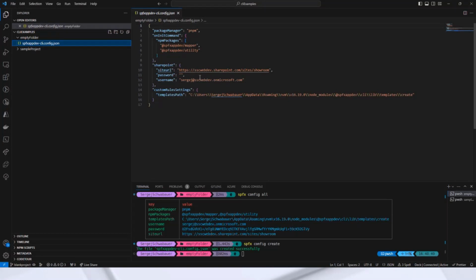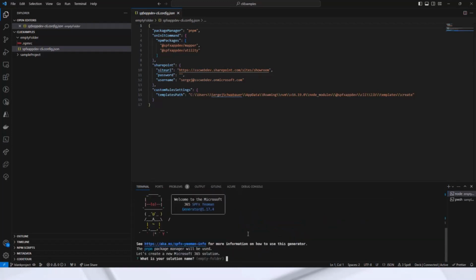Let's create a new SPFx project, sorry. Normally, you would do this with the yo @microsoft/sharepoint command, but in this case, it's much easier, just spfx and then new. You can pass all the other parameters from the yo generator, but in this case, it's enough. And here comes the SharePoint generator, hopefully.